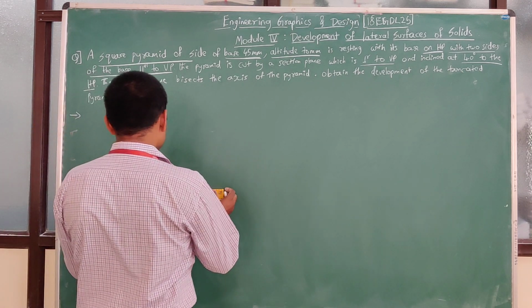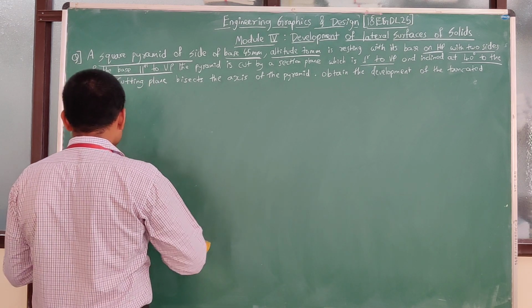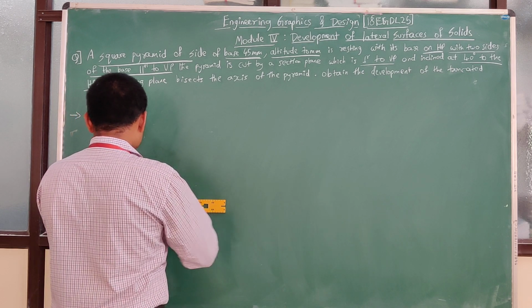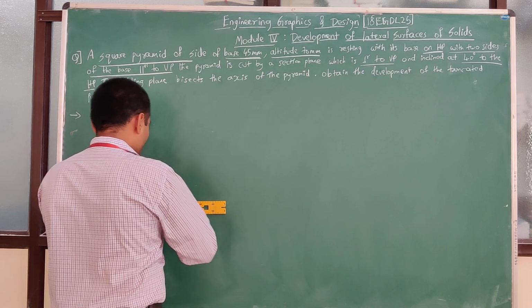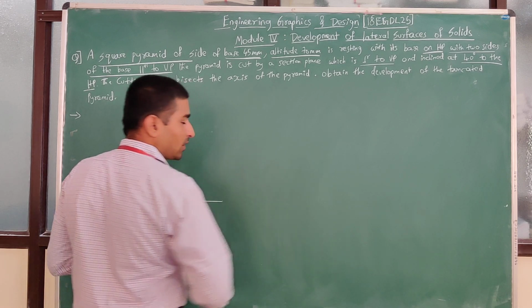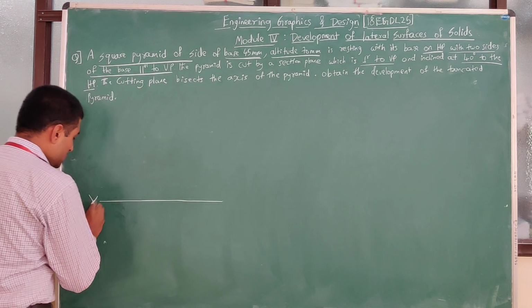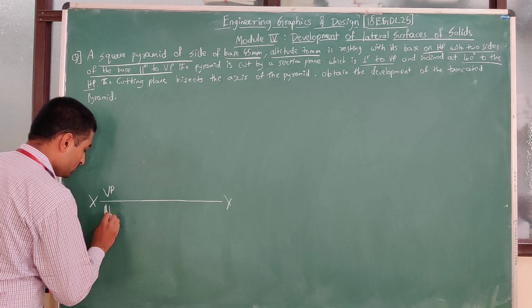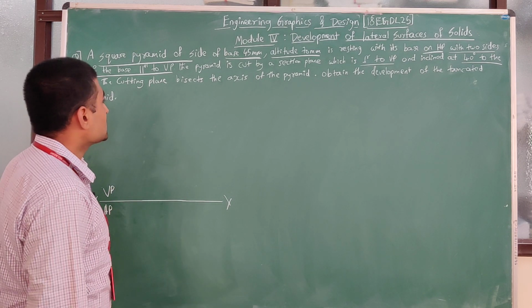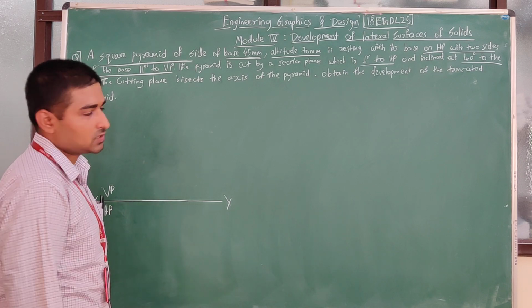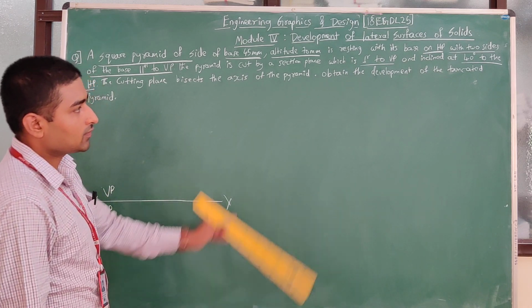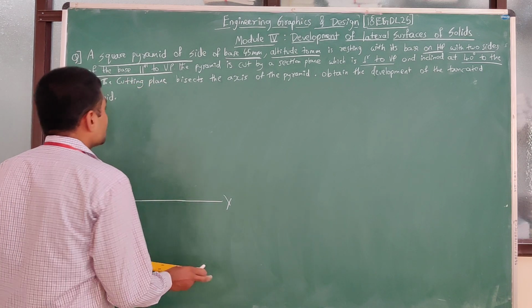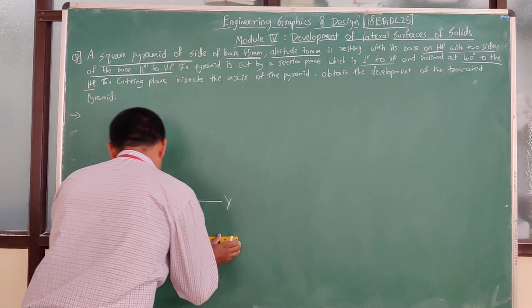Initially we are going to develop the top view. Once we develop the top view, we can easily understand the concept of the front view, and then the development can be done. So let us start. The xy line, then we have here VP, this is HP. Now I can see the square pyramid is there. Since we have already been given the hint of two sides parallel to the VP, it is resting on the edges, with the side of 45 mm.